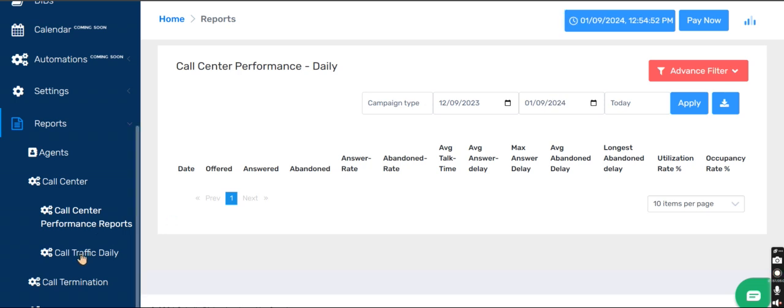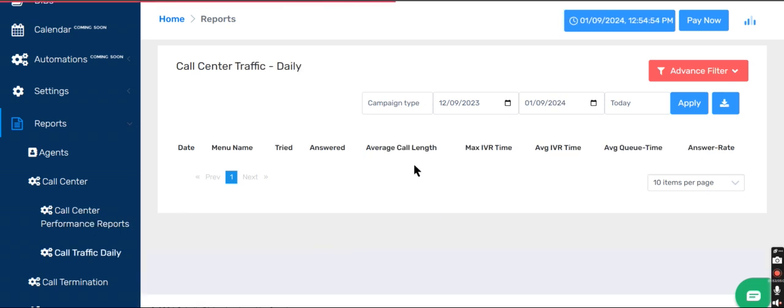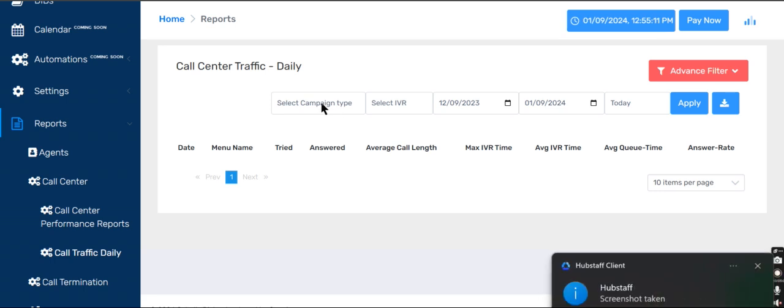Next we will see call traffic daily. Here also the call center report will be generated, and this call center traffic report gives insights into call volume and trending patterns, aiding in staffing and resource allocation. We can see the report is generated on the basis of some fields, that is select campaign type.